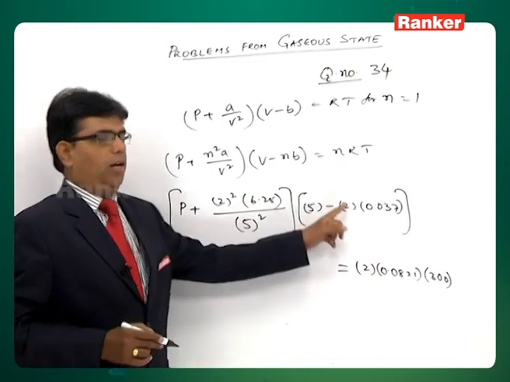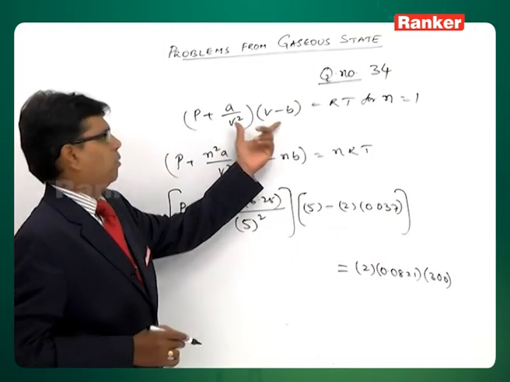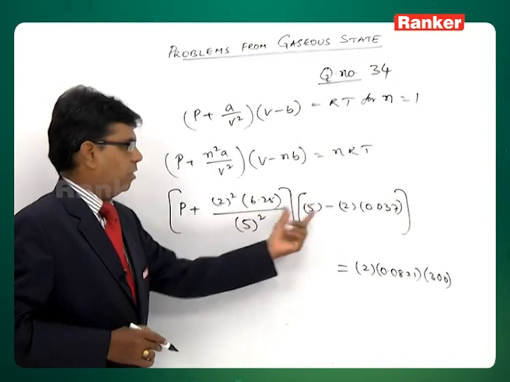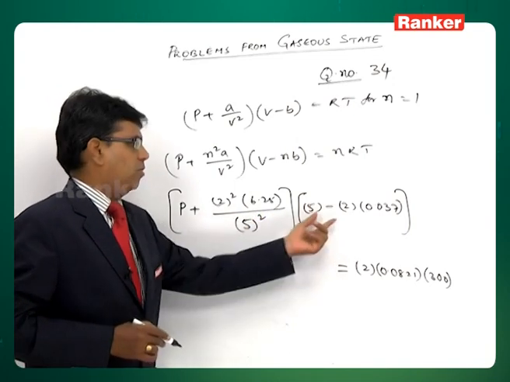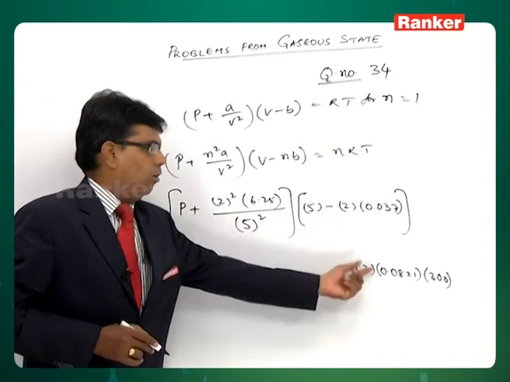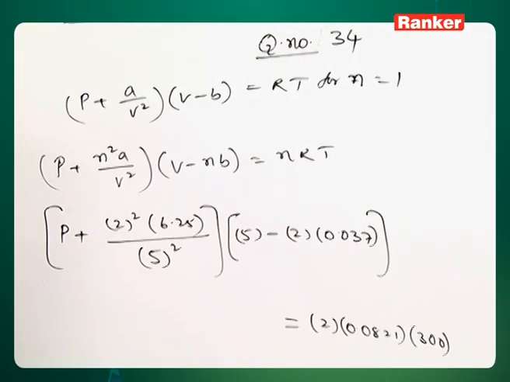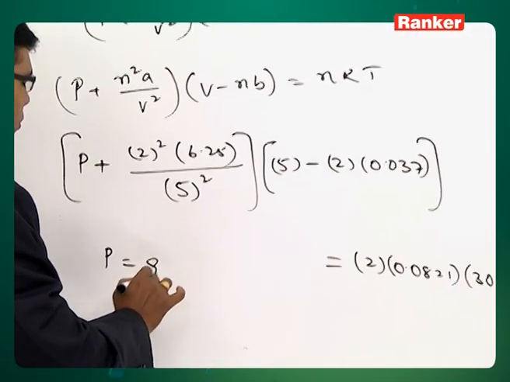All the values are directly given, only the equation is big, you have to substitute all the values. The calculation becomes a little lengthy, but on solving all this you will definitely arrive at the answer that P is equal to 9